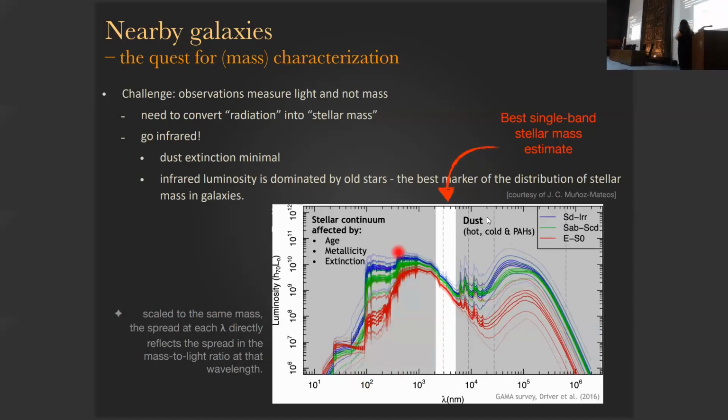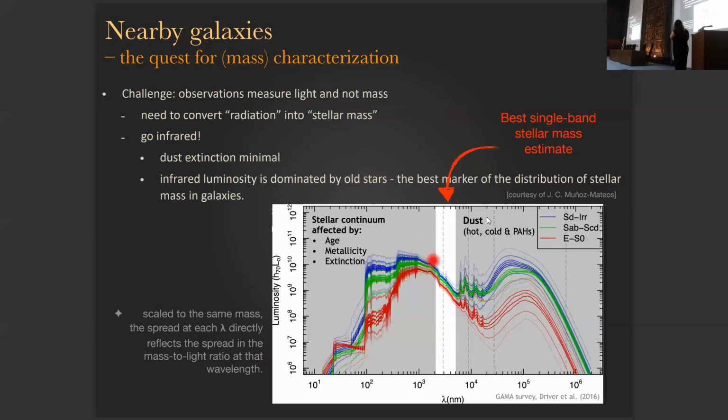And basically what you see here is just SEDs for galaxies. They're all the same mass, all have the same stellar mass. And you have here the luminosity and the wavelength. So basically any difference that you see here is a difference in luminosity. This will actually translate to the mass-to-luminosity ratio, your means of transforming light to mass, as I was saying, that was our purpose.